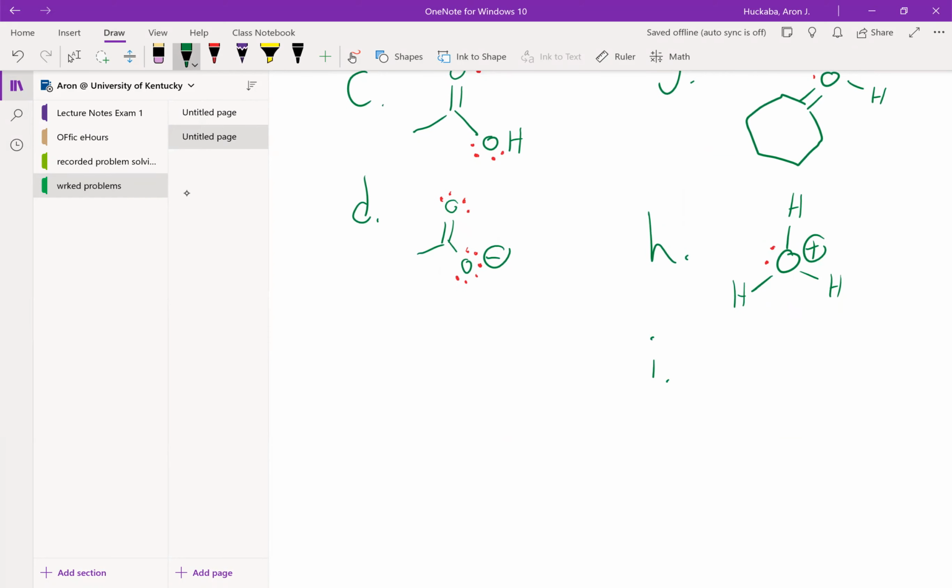With I, one of the oxygens has a positive charge, one has a negative charge, and one is neutral. So let's start with the neutral one first. The neutral one has 2 bonds and is neutral, so it has 2 lone pairs. The negative one has a negative charge and 1 bond, so it has 3 lone pairs. And the positively charged one has a +1 charge and 3 bonds, so it has 1 lone pair. Great. And to finish up,